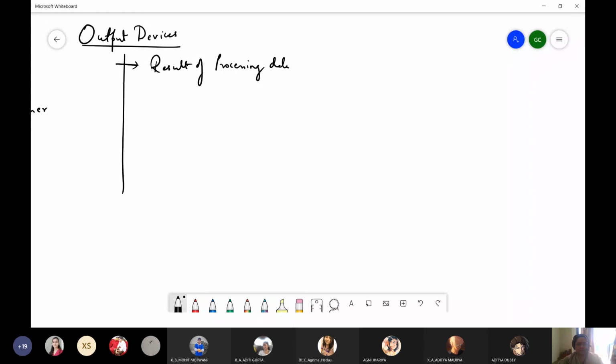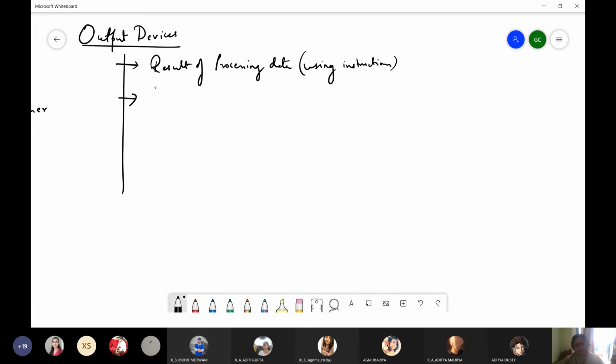Data is processed using instructions. You will not only be required to give the data, but also the clear instructions on how to work on the data. It's similar to like you not only tell the assistant what you want, but also you need to tell the assistant how to do the work. Okay, so that is what you need to do. You also need to give the instructions. So the computer will be processing the data using the instructions and giving you the result.